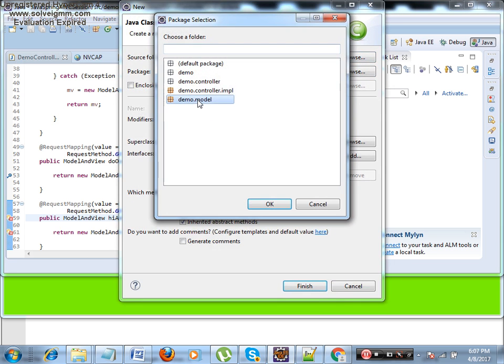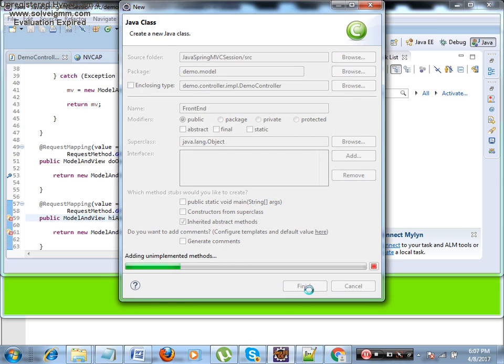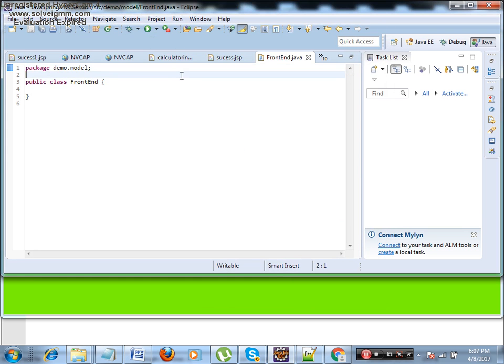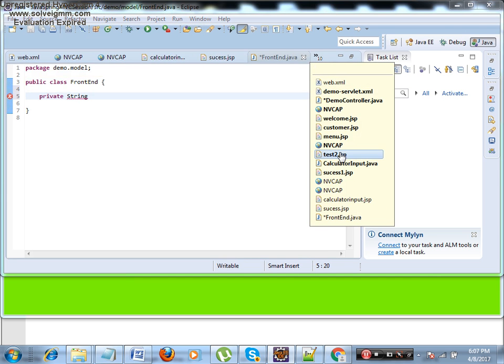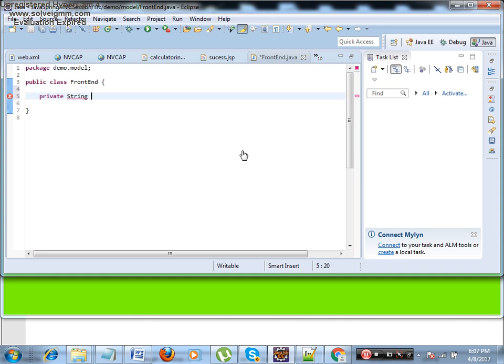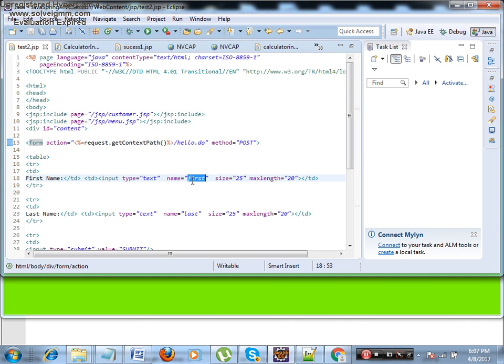All the models I'm creating in demo model. So inside this what I'll do is private String. Okay, what is the name I have given on the front end for the first name? Okay, I want to show it and copy. See here, first.